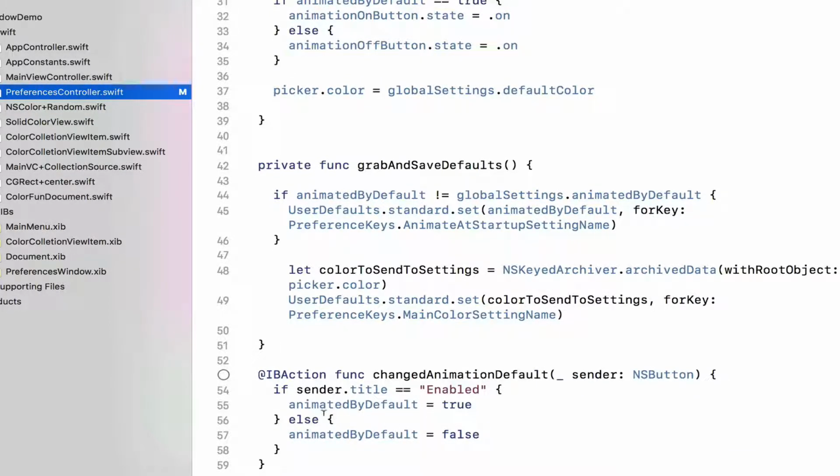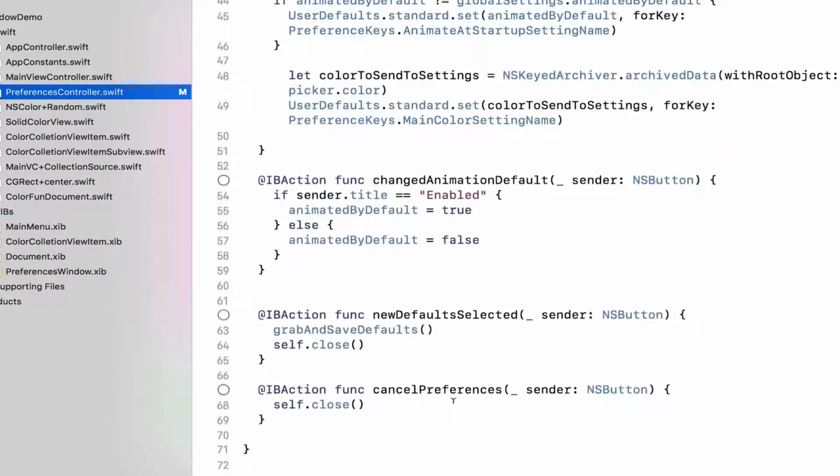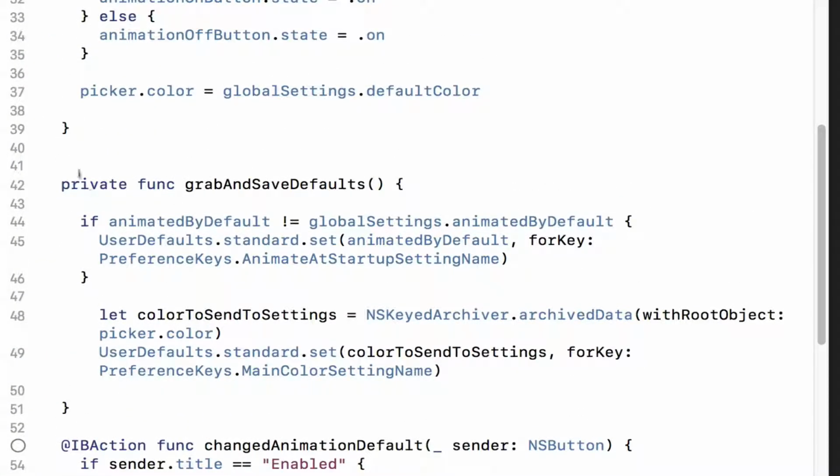when the user changes the animation toggle, we see if animation is already enabled, and if it's not, we set this var on the controller itself to be true or false. That means that when the user then presses OK, we can run this grab and save defaults function, which checks if the animation default we currently have set is the same as the default in the settings repository, and if it's not, then it gets that value and sets it to what the current value of that property is